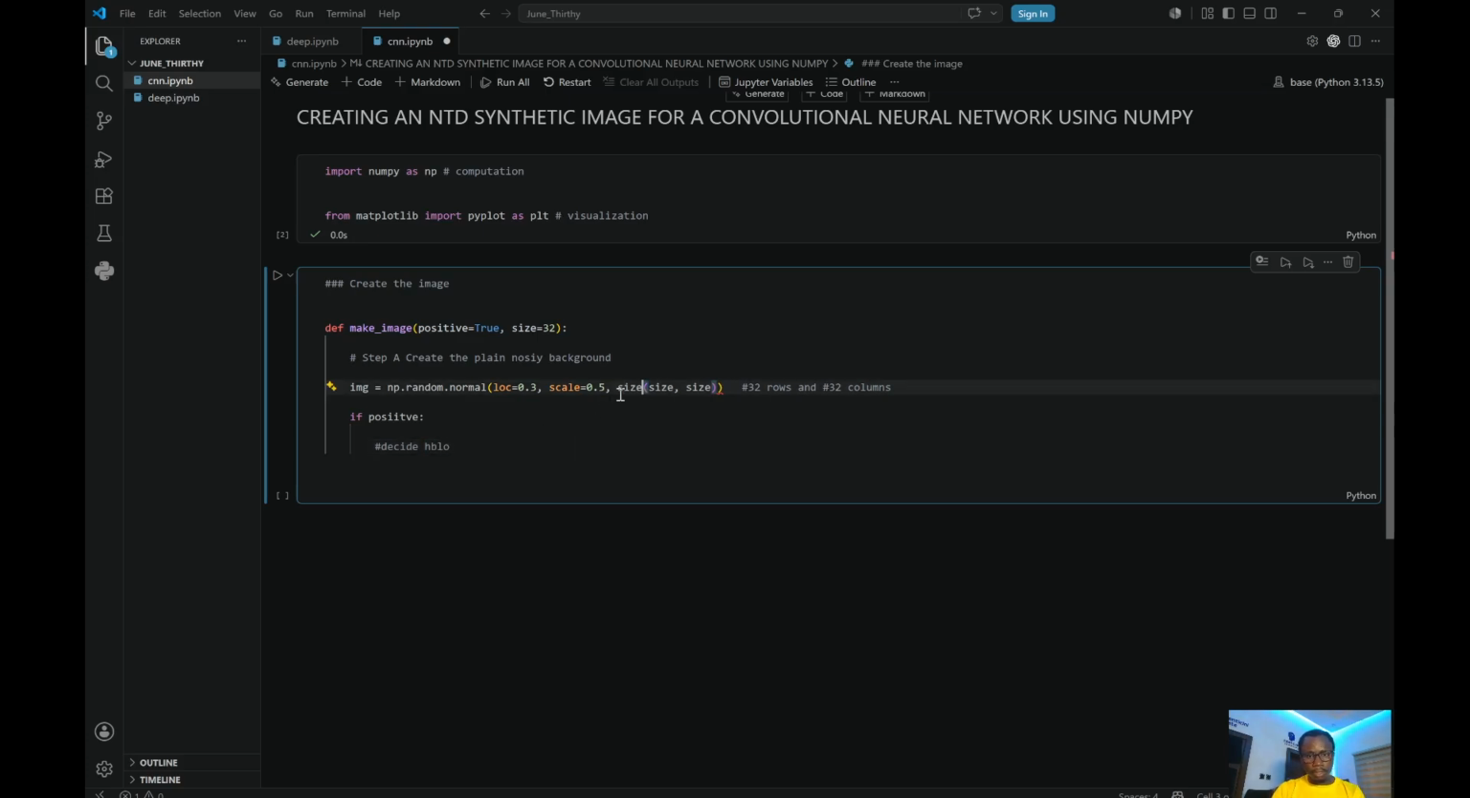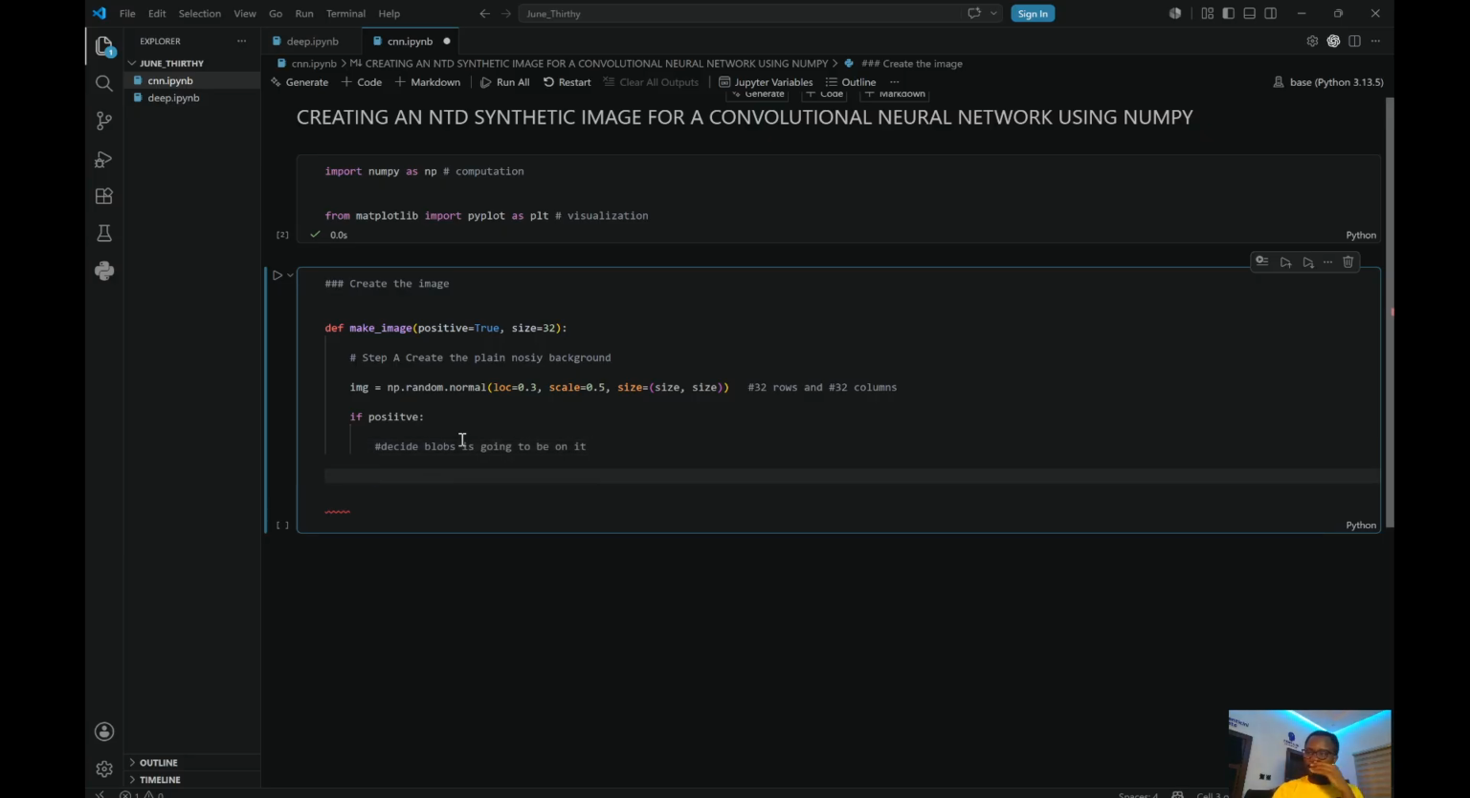So I want to say size is equal to this. Okay, I think that's fine now. So I want to decide how many blobs are going to be on it. Okay, and then I can now say for underscore in range of